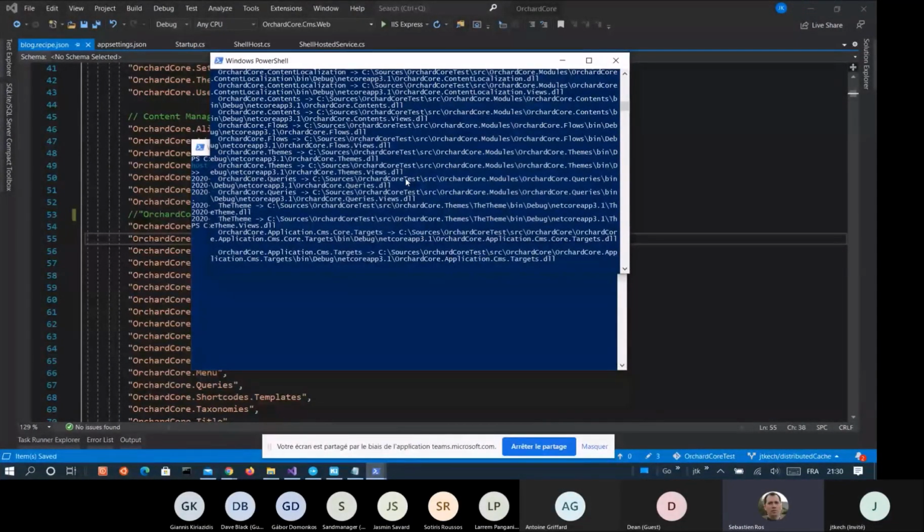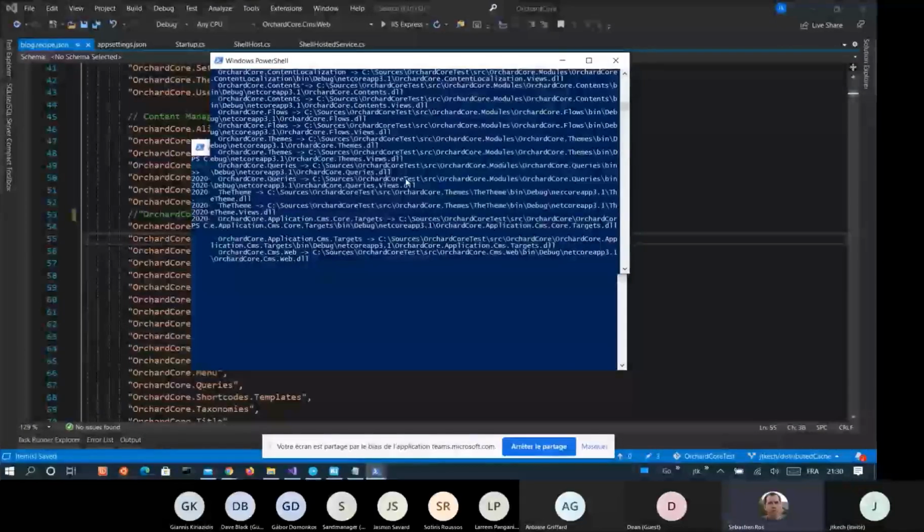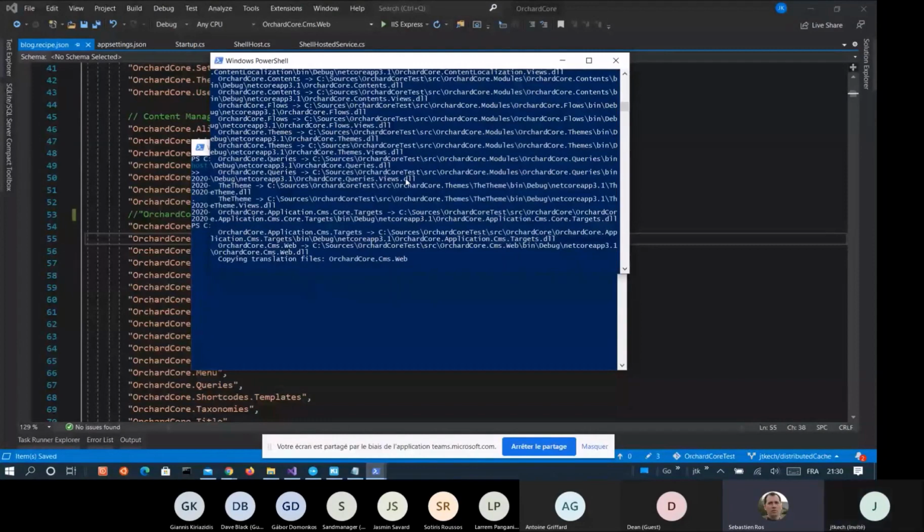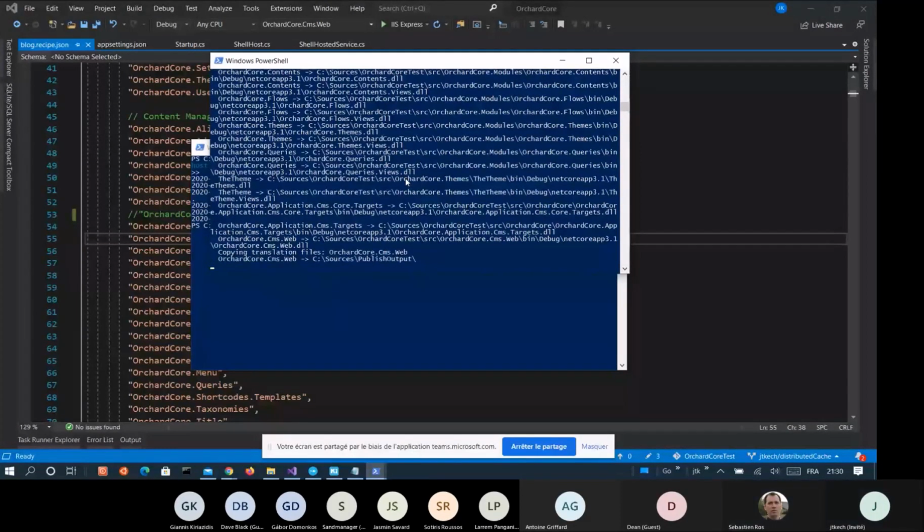Mm-hmm. So maybe it will be good to have some kind of template or procedure to make it easier to run something which is everything in database when we want to have this scenario that you are demonstrating with different instances later. I'll let you go on.